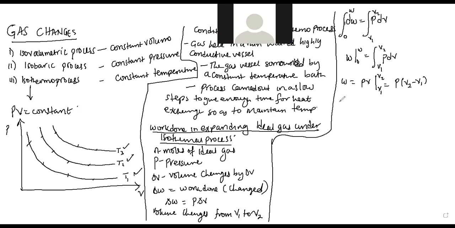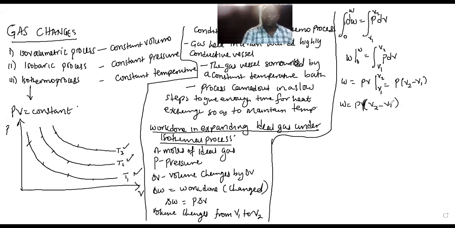Therefore, work done would be equal to change in PV, change in what? V2 minus V1. But also recall, PV is equal to nRT. That means if I want P alone, P will be equal to nRT over V. And with this, you can have